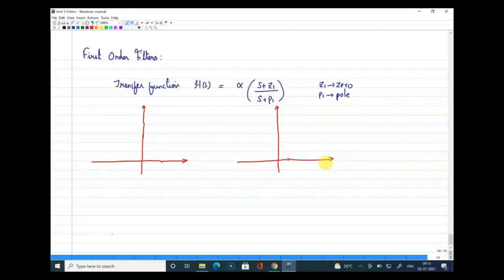So what I'm asking here is based on the understanding that if there is a pole in the transfer function, your gain will drop by 20 dB per decade, and if there is a zero in the transfer function, your gain will actually increase with 20 dB per decade. So that is a general understanding of a pole and a zero. Now, based on that, okay, band pass filter.